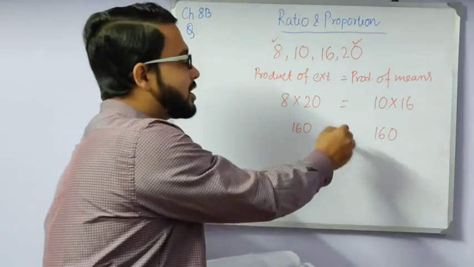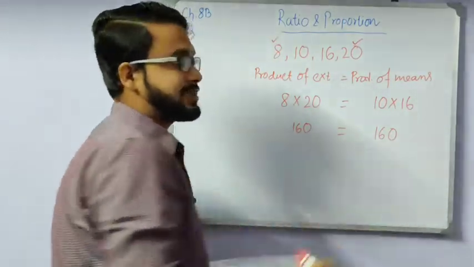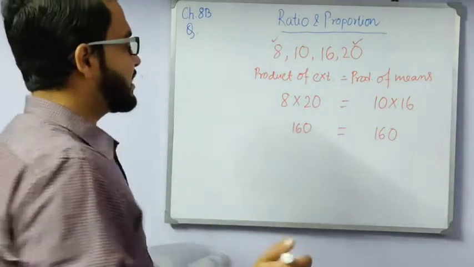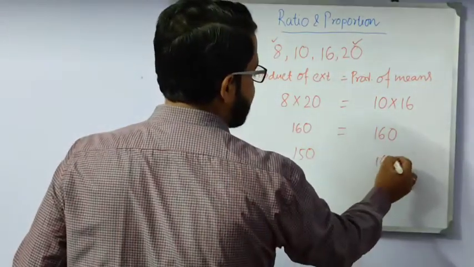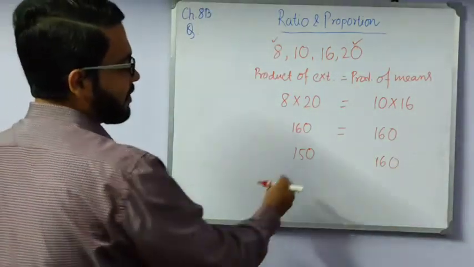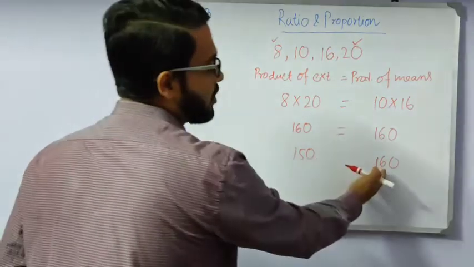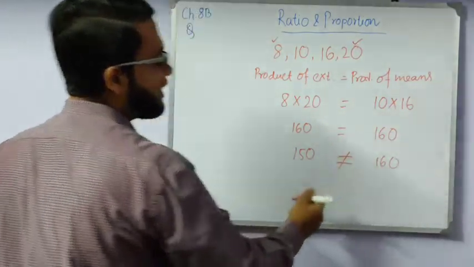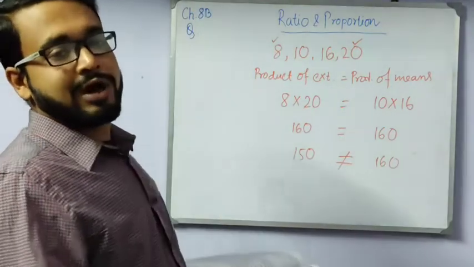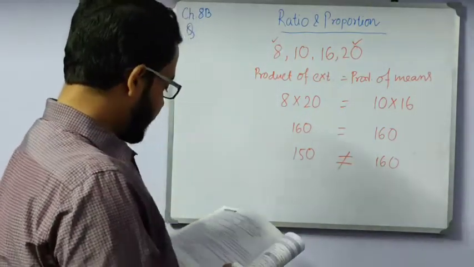If left hand side is not equal to right hand side, somehow in another math if there is 150 and there is 160, we can easily see that the left hand side is not equal to the right hand side. So here we put this sign and say no, the given 4 numbers are not in proportion. Next,